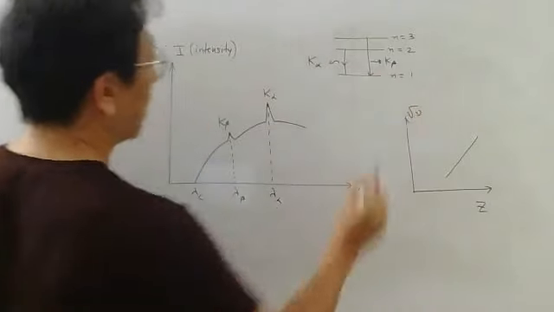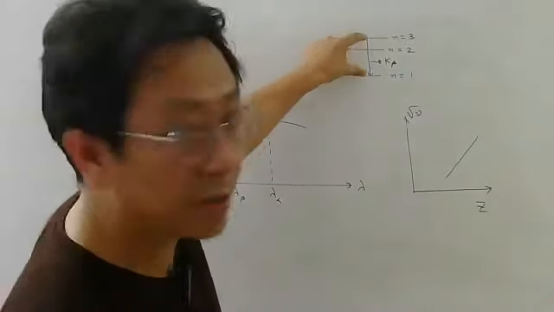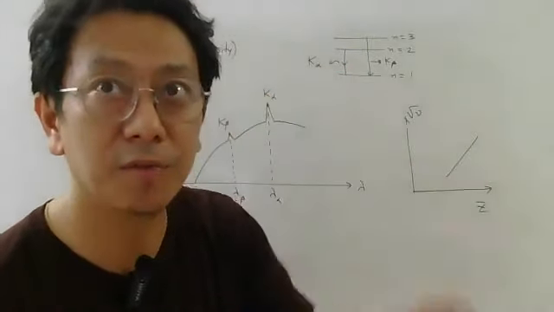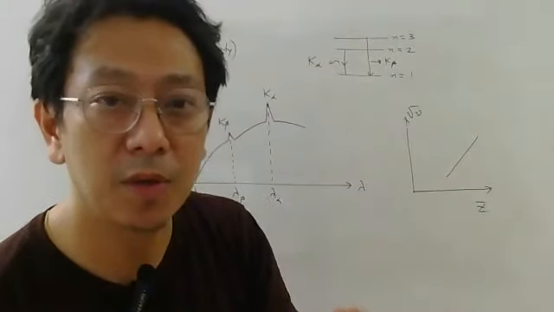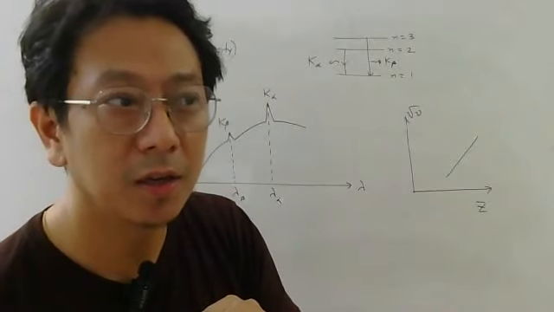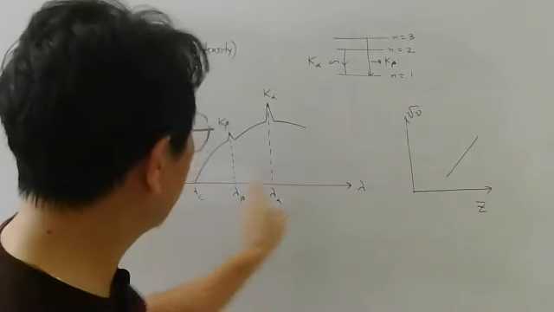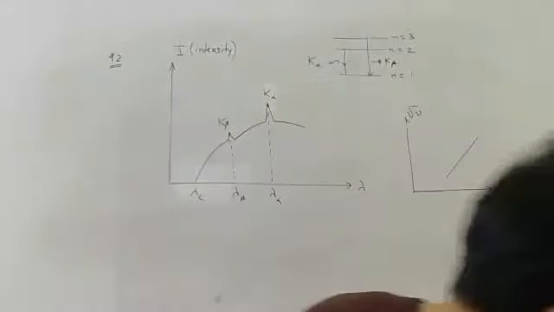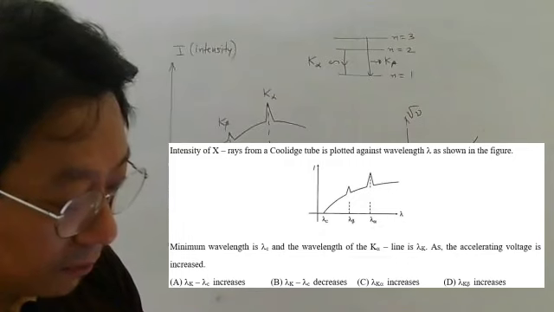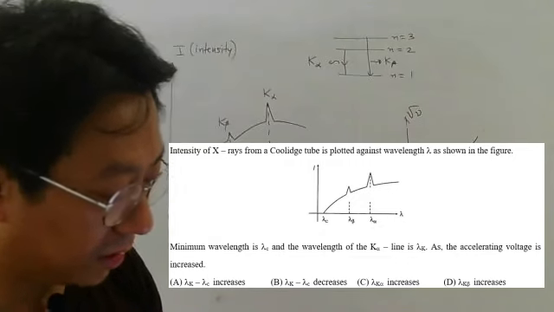Which one will have higher frequency? This gap is 4, so K beta will have higher frequency. Higher frequency means lower wavelength. Lower wavelength means it should be on this side, K beta. Correct only. Now see what they are asking. If the accelerating voltage is increased,